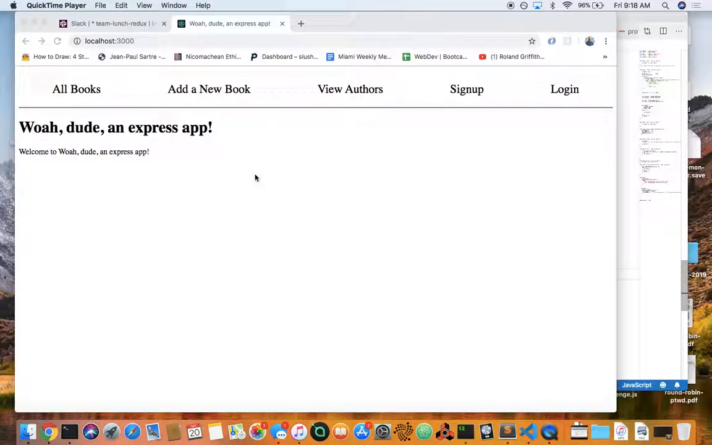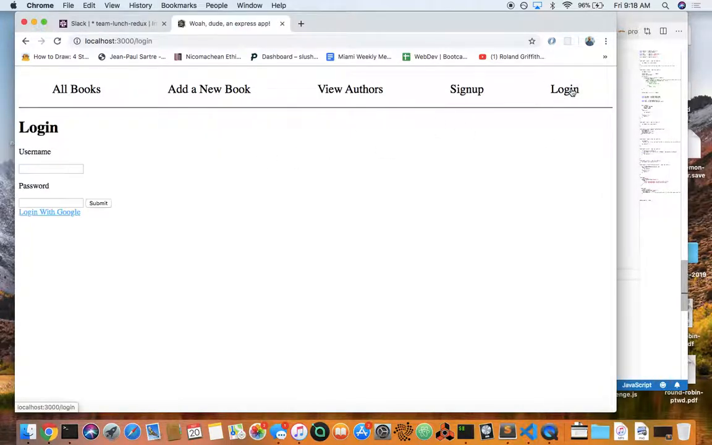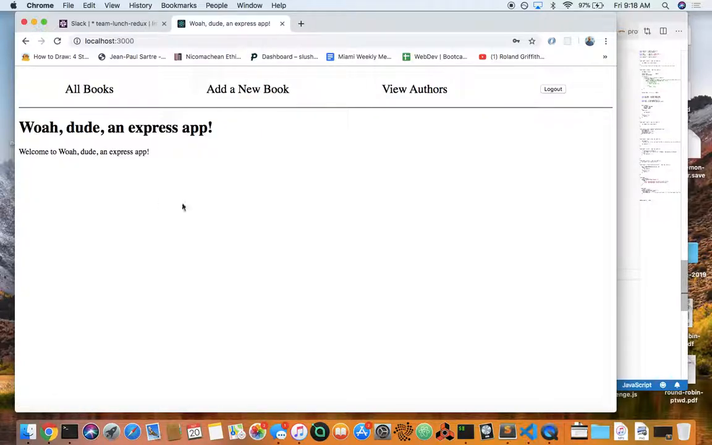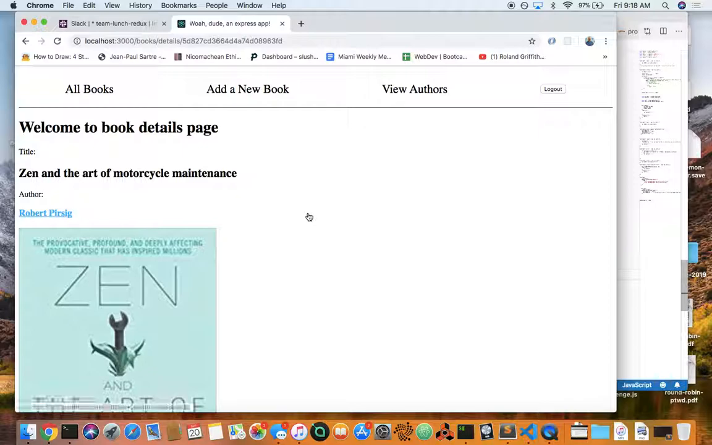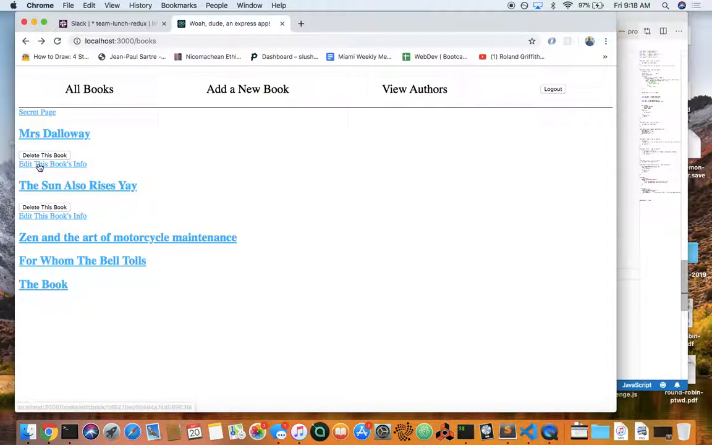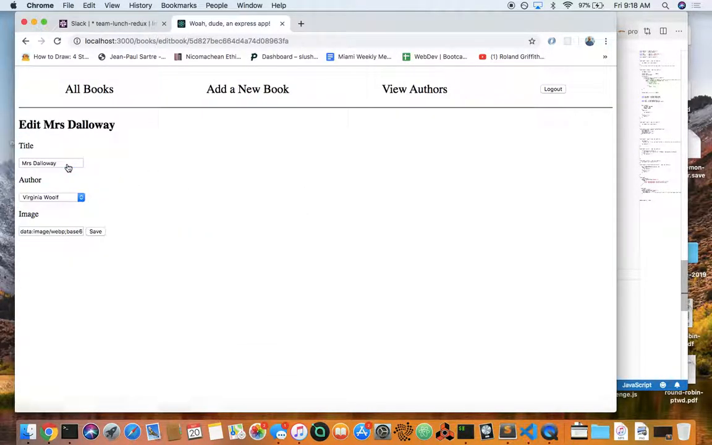What I want to do is something like this. Up until now, every time we do a thing on this page, it's like, okay, let me click this and go to a new page. Okay, I'm going to log in, and then after I log in, it's going to refresh the page. And then I want to see the books, I'm going to go to a new page. And then I want to see the details of Zen and the Art of Motorcycle Maintenance, I'm going to go to a new page. And then if I want to edit Miss Dalloway,